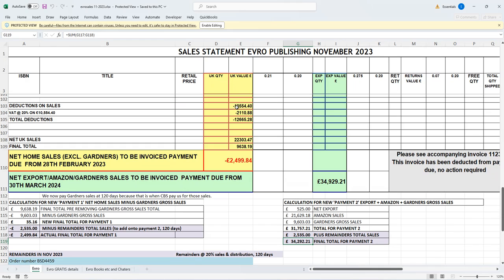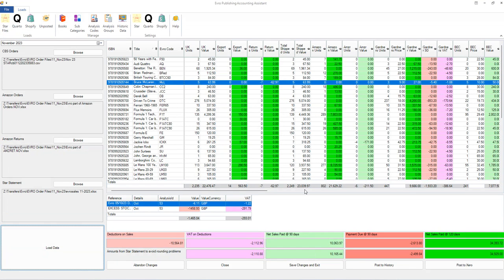So there's a difference there, and we're using this figure here because this is a straight typo, but this figure here is different from what we've calculated. The next step is to start reviewing these balances down here to see if there's any obvious